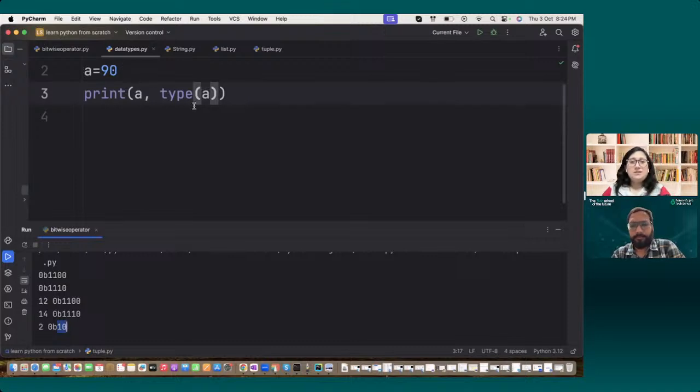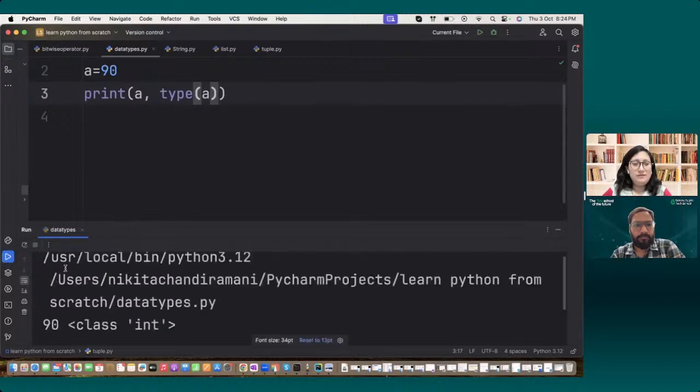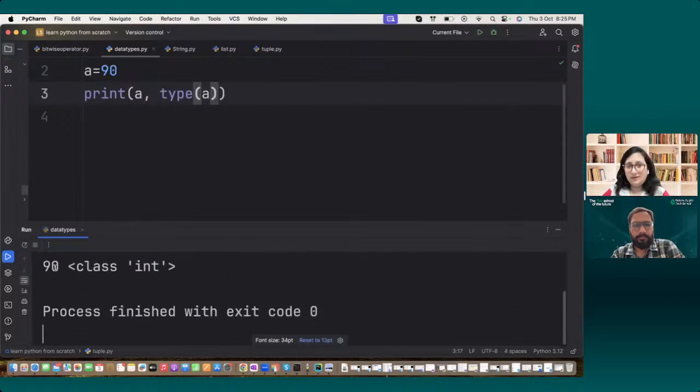So now I'm going to print the type of a also. So yeah, there you go. You can see over here, 90 was the number, and the class that it belongs to is the integer class, because integer is the sort of data type that we have. Next is